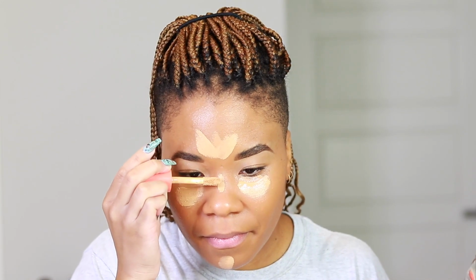This me doing the most. But I really enjoyed this combo. I'm just going to go ahead and apply it to our areas. Girl, you know where we're going with the concealer. Forehead, under the eyes, chin, and nose. And blending that out with my handy dandy e.l.f. sponge. I'm not going to blend it out too much to begin with